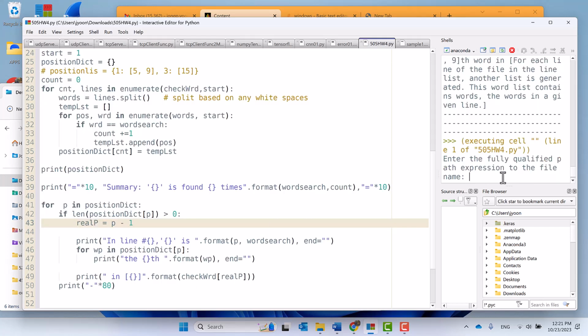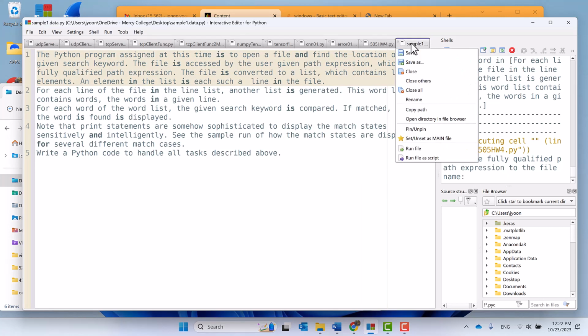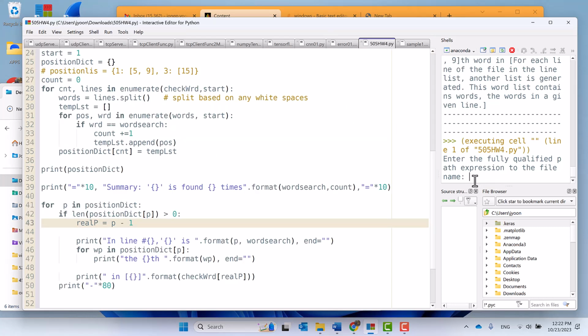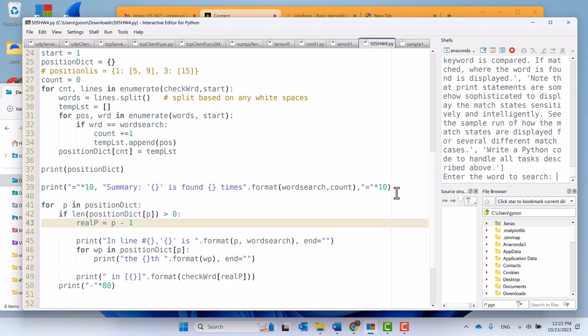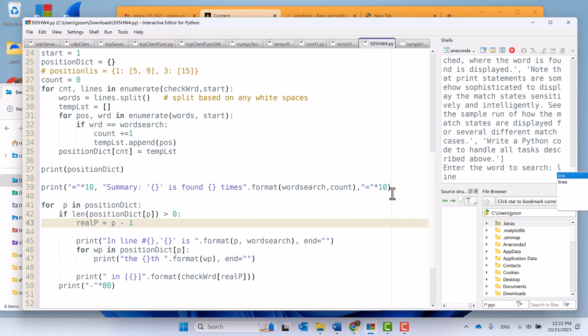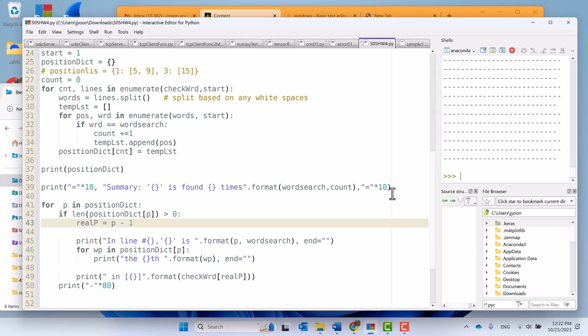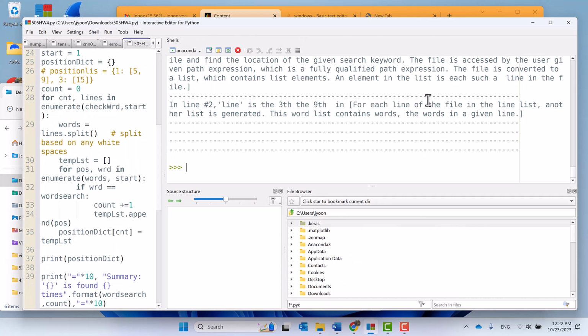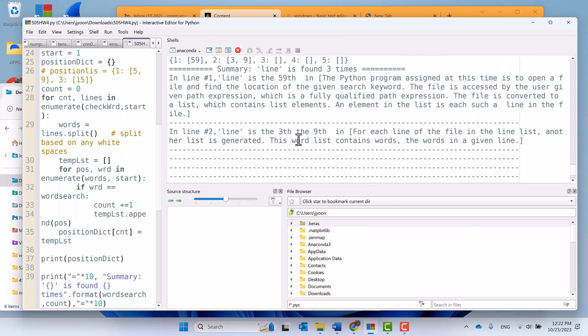So we need to put this to the path of that sample data location, and then the keyword is line. Right. So here 39th and 59th, but we need to say here